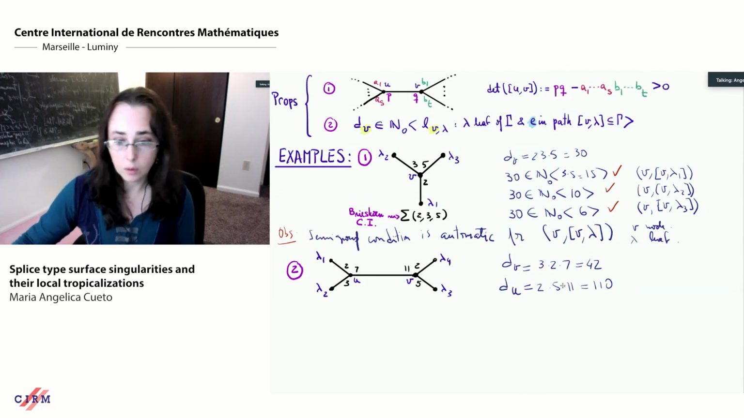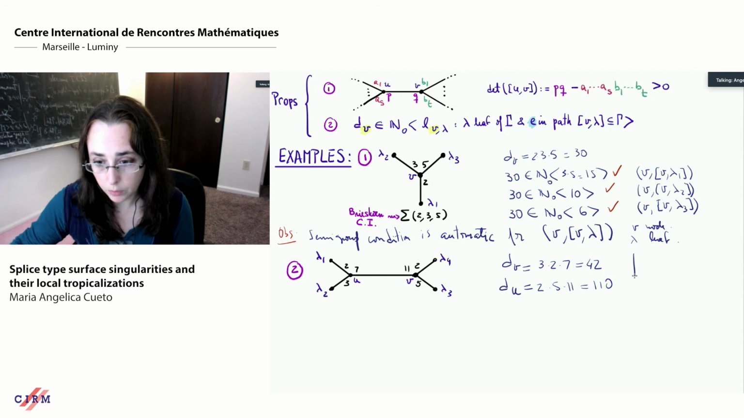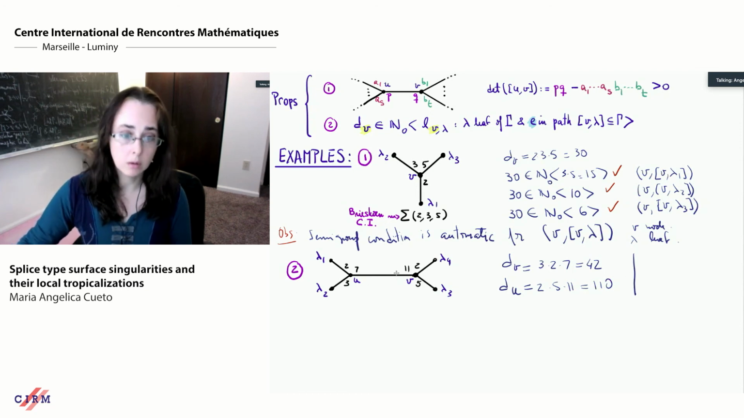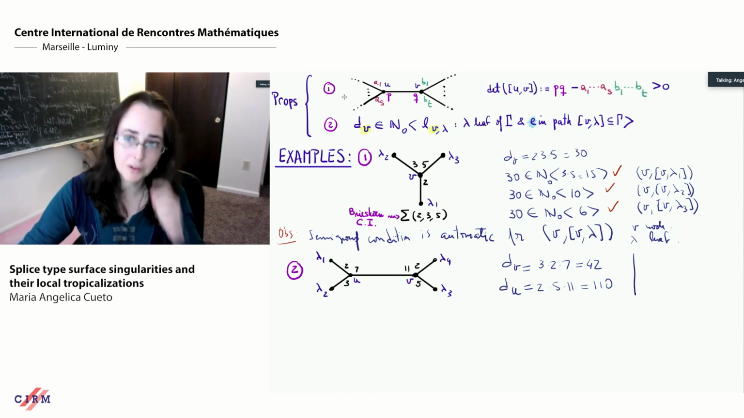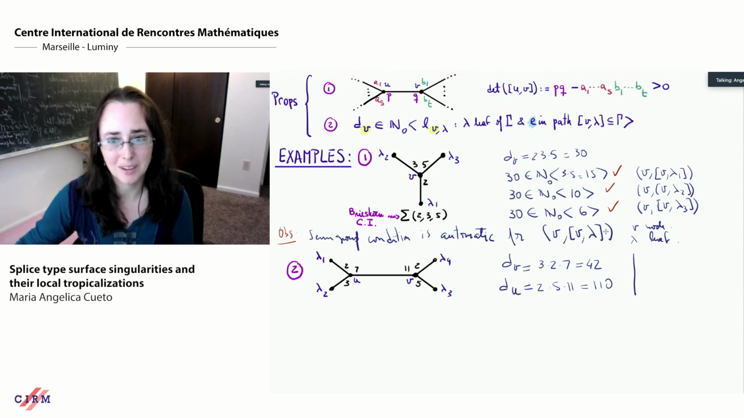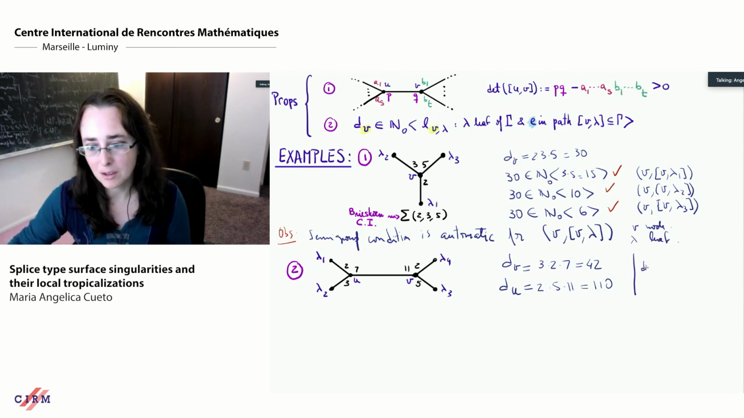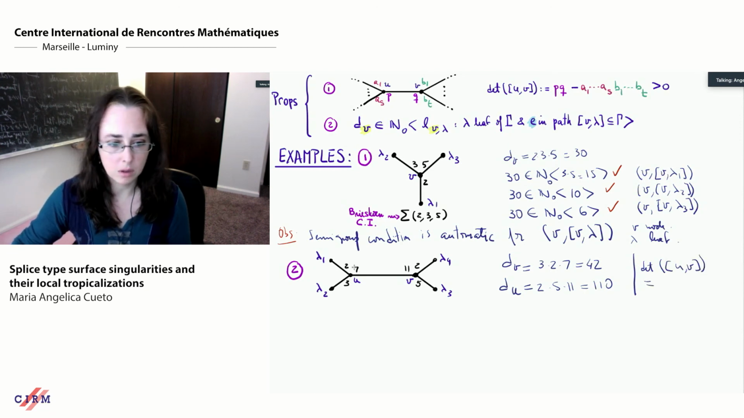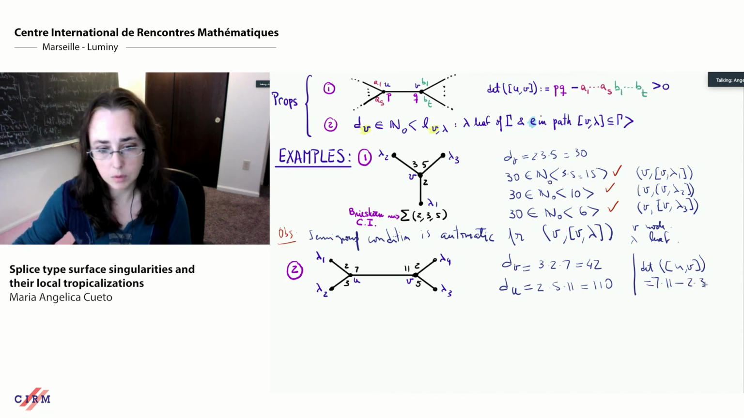And so now that's going to be one of the things that we have to consider. The second property, well, in fact, the first property that we should consider was the edge determinant condition. So let's compute the determinant of the edge joining u and v. In this case, I have to consider 7 times 11 minus the product of the exterior weights. So I have 2 times 3 times 2 times 5, and you compute, you get 77